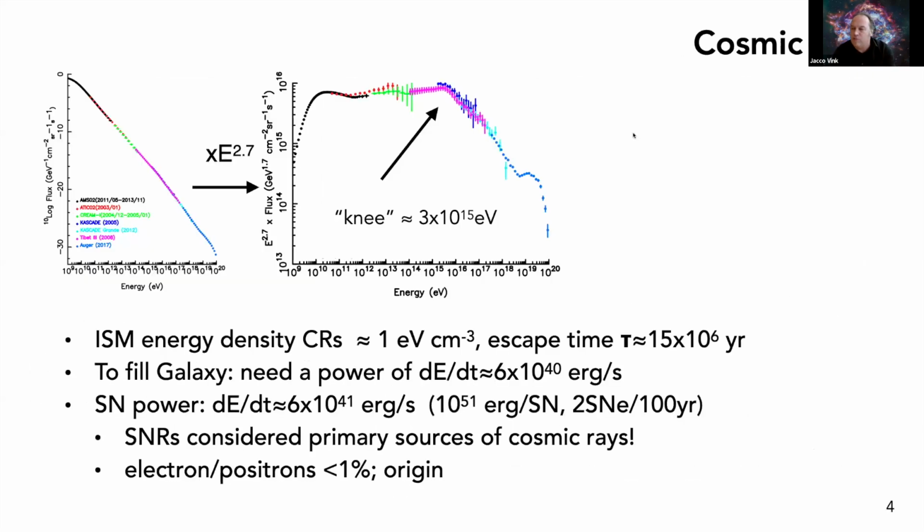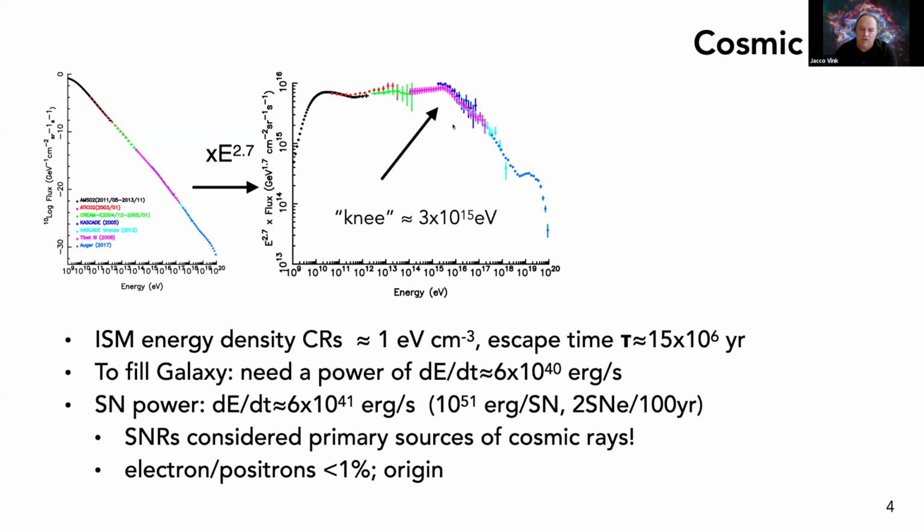So here we have the cosmic ray spectrum. It's more or less a power law over many orders of magnitude, from 10^9 to 10^20. However, if you multiply it, you see that there's some substructure there. And the idea is that where we have this important knee break here, these are galactic cosmic rays, so cosmic rays accelerated in the galaxy.